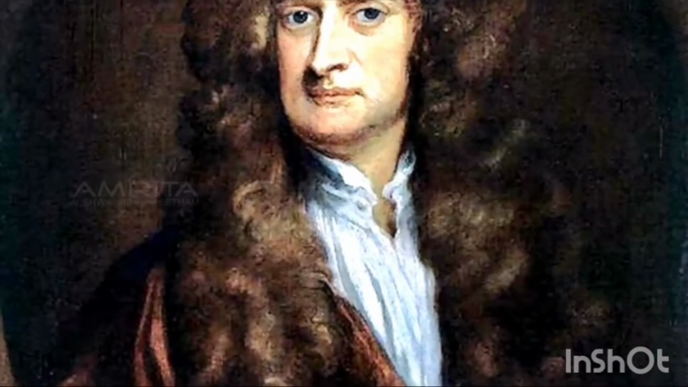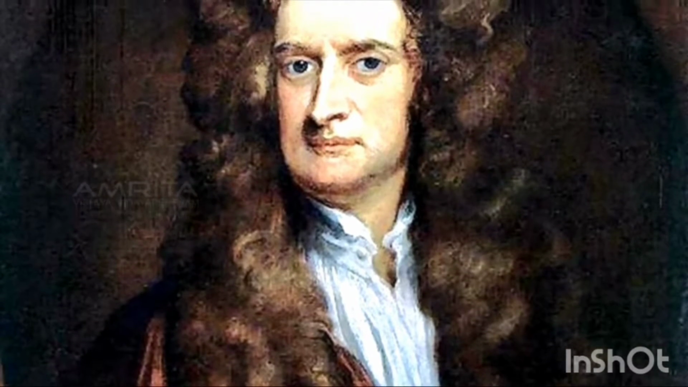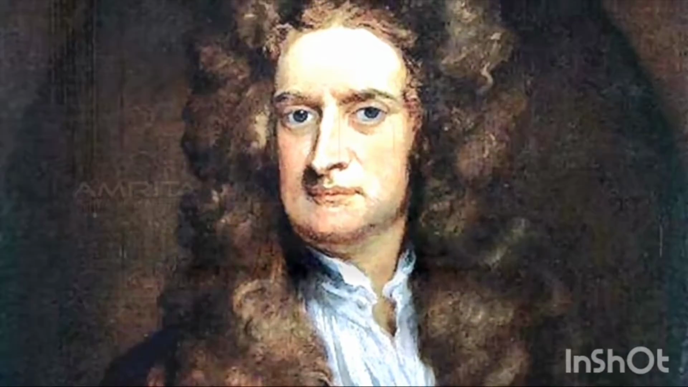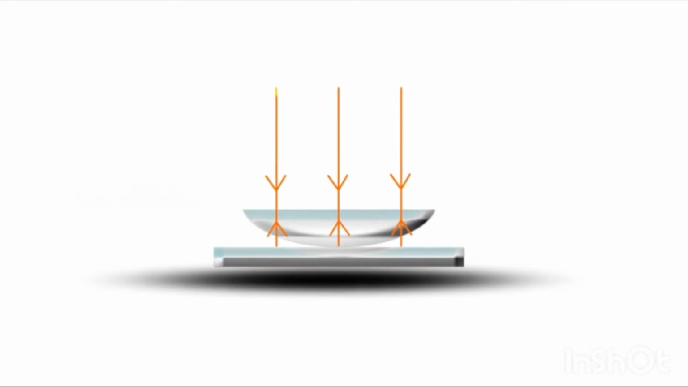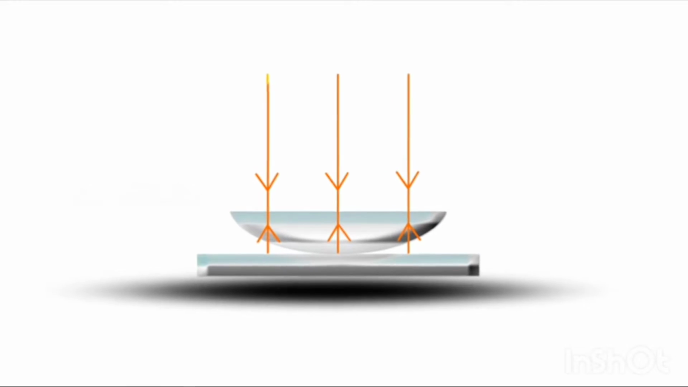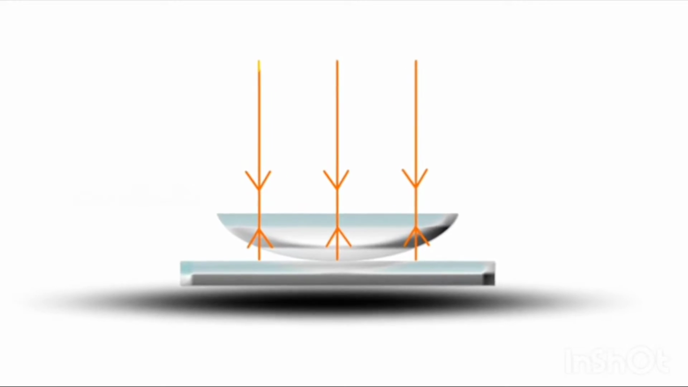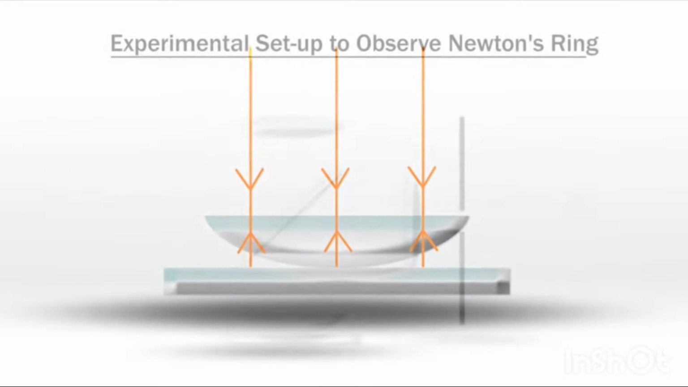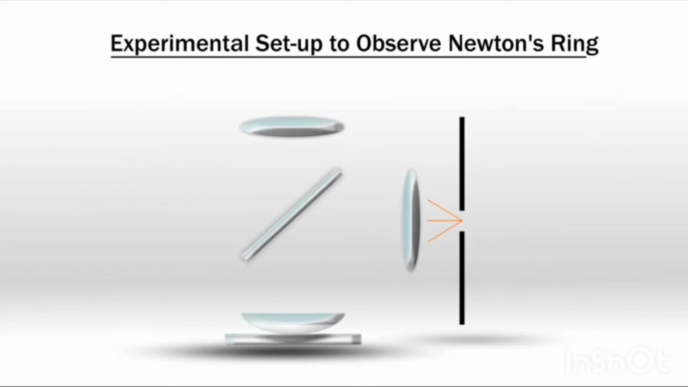The phenomenon of Newton's rings, named after Isaac Newton, is an interference pattern caused by the reflection of light between two surfaces, a spherical surface and an adjacent flat surface. When a parallel beam of monochromatic light is incident normally on a combination of a planar convex lens and a